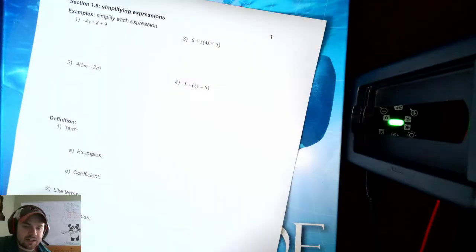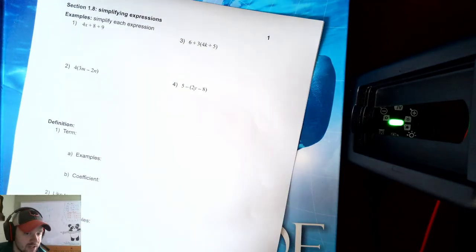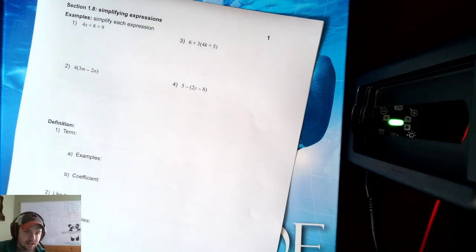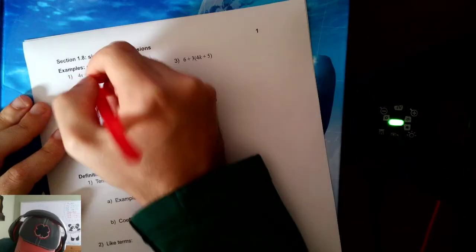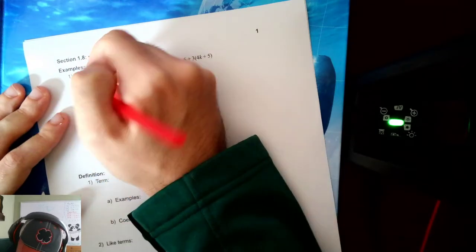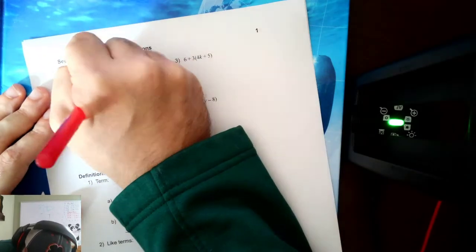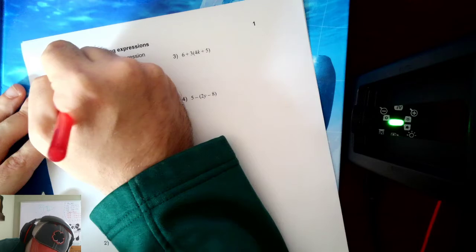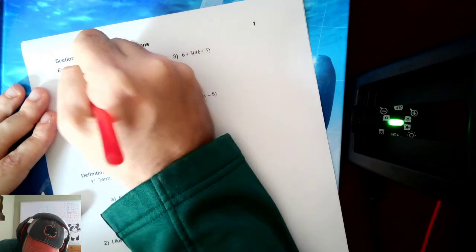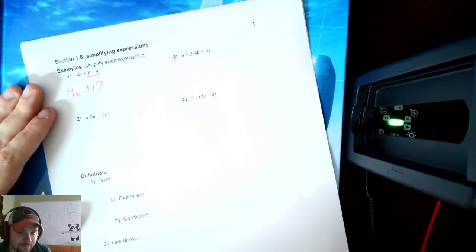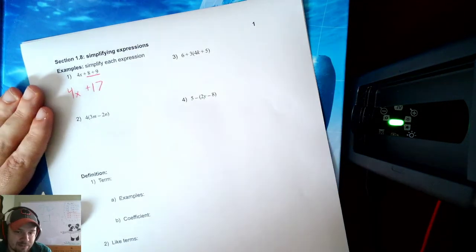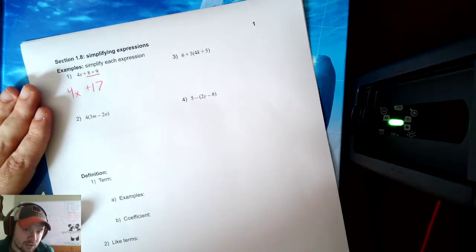Hello everyone, we're here today to talk about Math 100, section 1.8. And first, let's take a look at some expressions we want to simplify. Here, we got 4x plus 8 plus 9. We want to combine this plus 8 and this plus 9. Well, if I wanted to add 8 and then add 9, that would be the same as just adding 17, right? So I can simplify the expression by combining the numbers by adding and